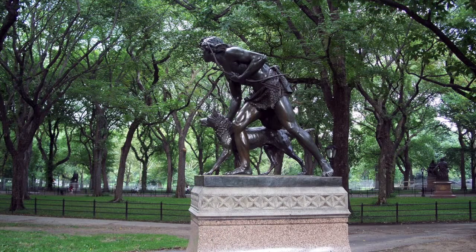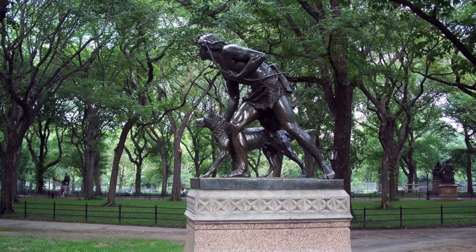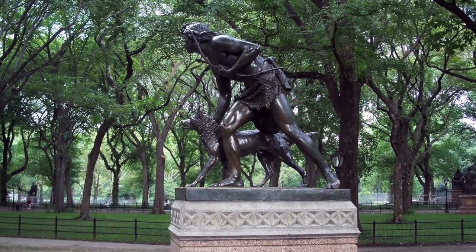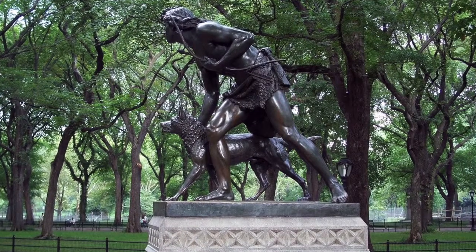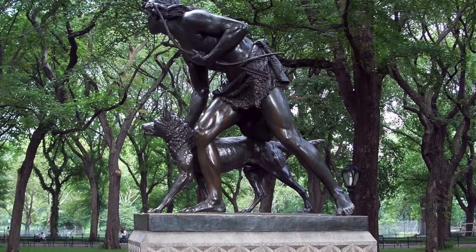His stance is very ready to fight, and he seems to be holding back his dog. From his stance, like what Ziha was saying, he looks like he's seen something and he wants to, and the dog especially wants to investigate, whereas he's sort of holding the dog back, like she said, and trying to scope out the scene. And you can see the muscles in his legs, they're really tense, so that gives an indicator that